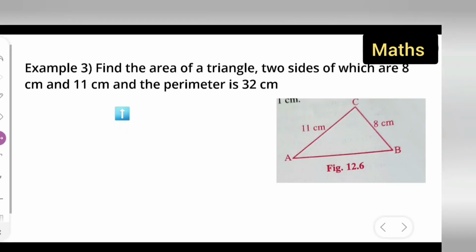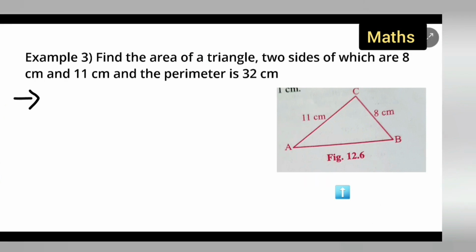So we will see to the example 3. Find the area of a triangle, two sides of which are 8 centimeter and 11 centimeter and the perimeter is 32 is given, right? So let us see to this. Here you all can see the diagram also. So basically here what is given to you all is